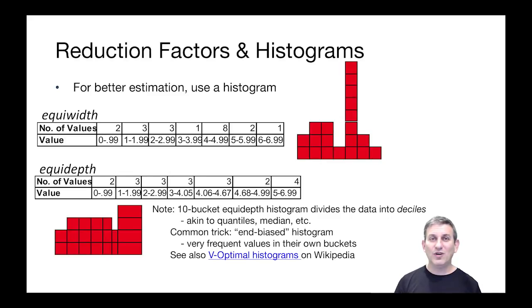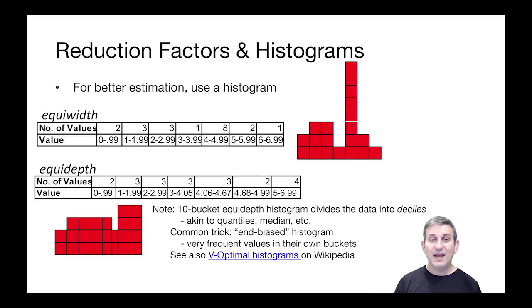Now let's get a little more statistical and scientific and talk about statistics we could store and how we could make them even better. So our estimation procedure right now has assumed that we only knew very simple things about our tables, like the number of distinct values, the number of tuples, the low value, and the high value. We can do better than this, and one common way to do better than this is to store histograms for